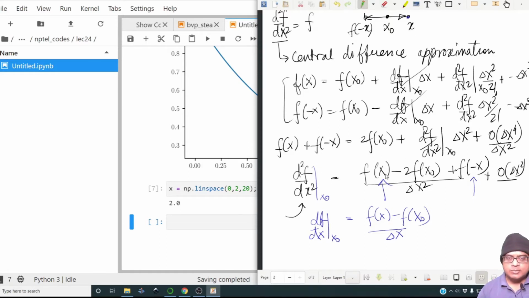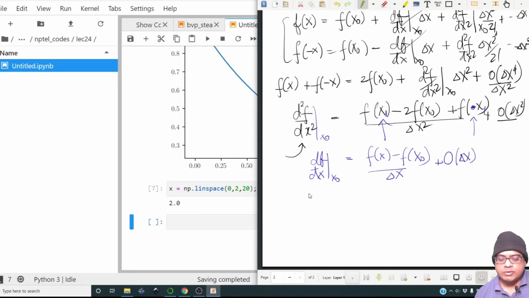So now x becomes x1 and minus x becomes x minus 1, because f of this minus x is simply the minus 1th node, and this x will become the first node if this node is the 0th node. So this approximation was first order accurate, but you can actually evaluate a second order accurate derivative, and the way